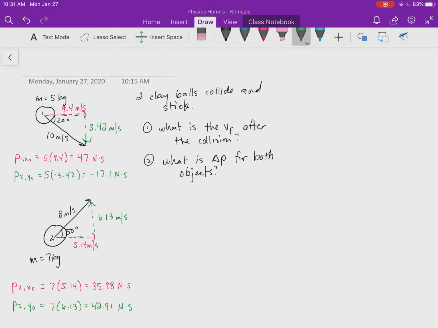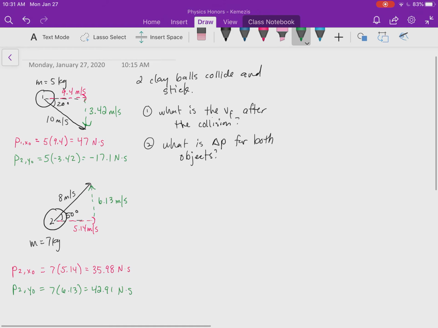So here's the problem that we were doing in class. It's similar to the one in the other two videos that I did the other day. It's just now these initial velocities are also at angles, so it's a little more work to unpack what's going on in terms of using your trigonometry. So we have the same two questions where these two objects with masses and initial velocities are going to collide